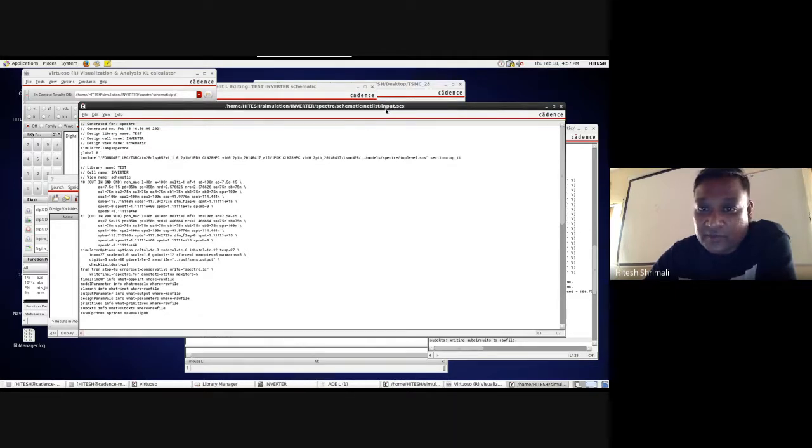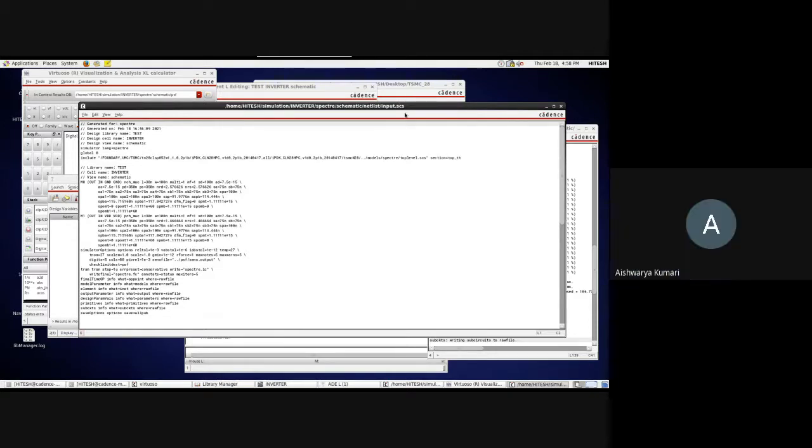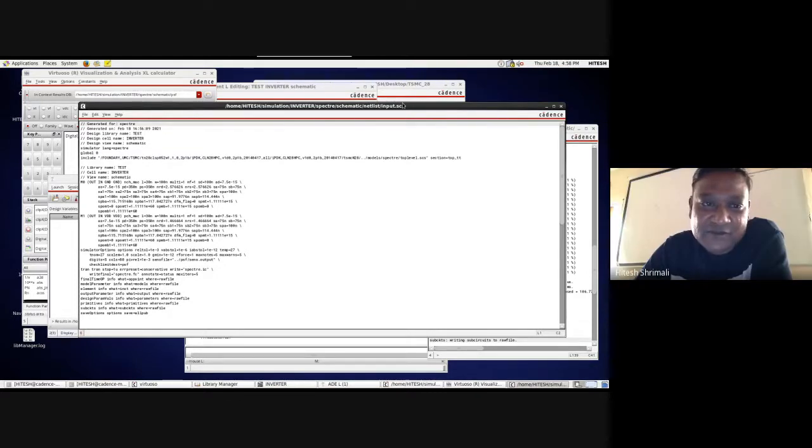You can read the top part is input.scs. It's something like Spectre circuit simulation. Maybe Aishwarya, do you know what SCS's full form is? I forgot the full form. Spectre circuit simulation, maybe. Yeah. Right. So this is written in the language of the Spectre circuit simulator, where these are the commented ones.